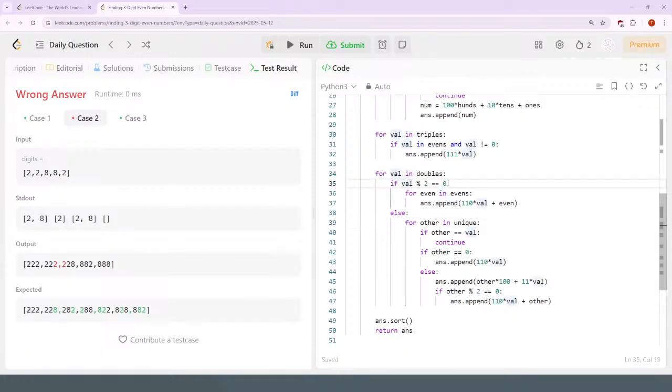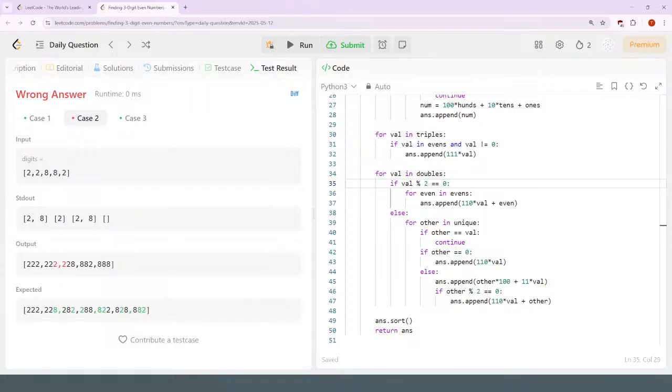If my double value is even, which we're talking about here, 2. So 2 and 8 are my double values. So if my double value is even,